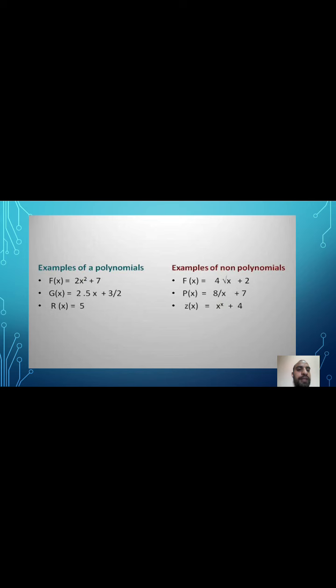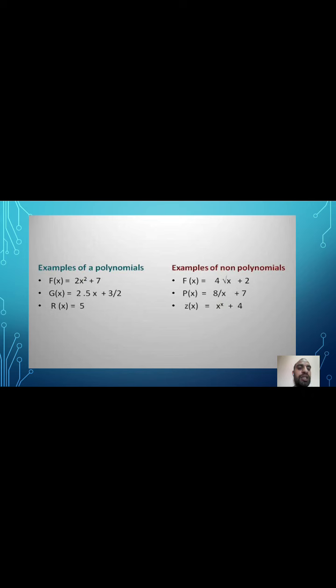You can see examples of polynomial are like that: f(x) equals x raised to power 2 plus 7. You can write x plus y, 7, x raised to power 5 plus 3, like that. You can take any number in the form of x raised to the power like 1, 2, 3, 4, but keep in mind it is not in a fraction form like 2 upon 3, 5 upon 4. Such numbers are not allowed in the power of any polynomial.